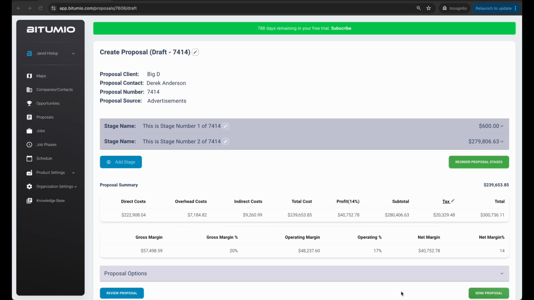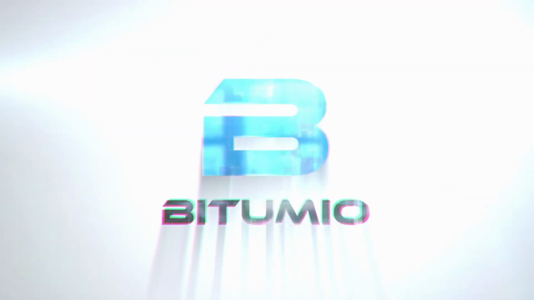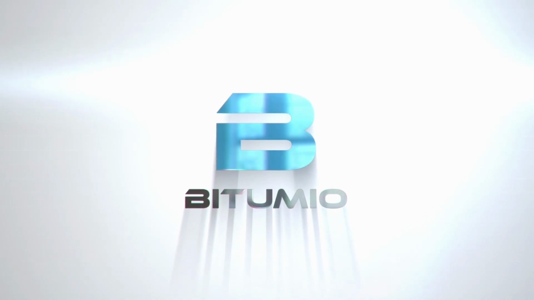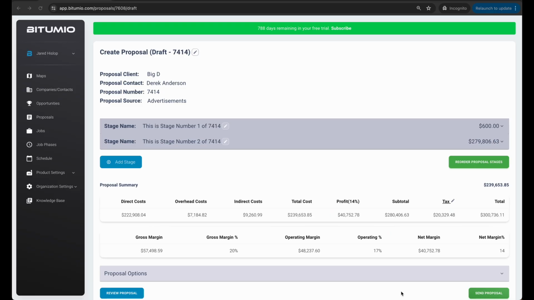Hey guys, so today we're going to talk about some pretty significant changes with regards to how our IDs for proposals and jobs and job phases are all synced together now going forward, and what the numbers mean within each of the IDs. So let's jump in. So here I'm in a proposal